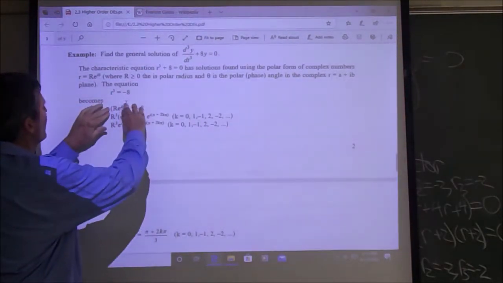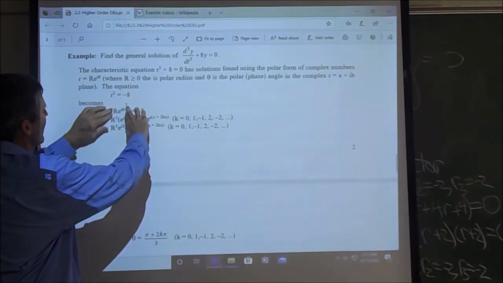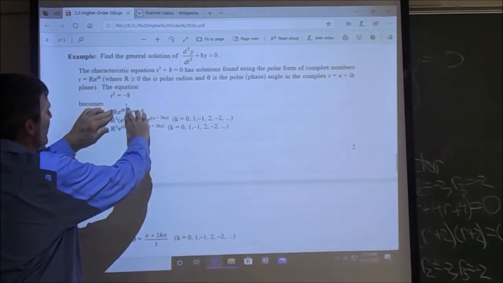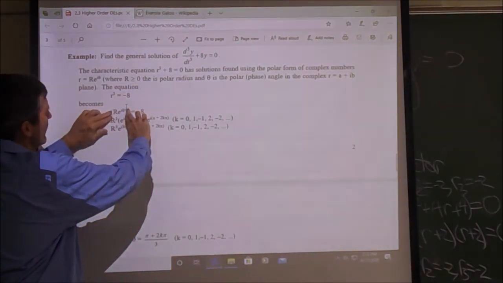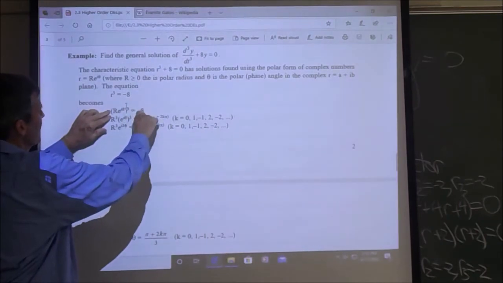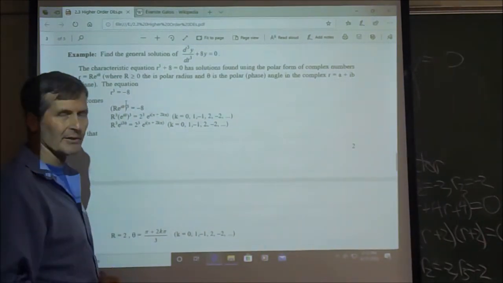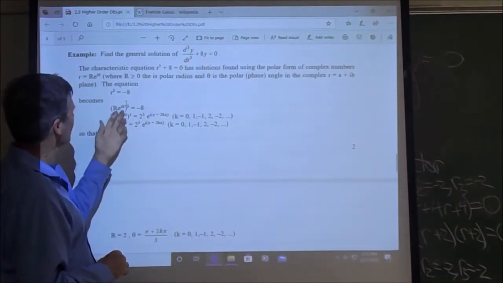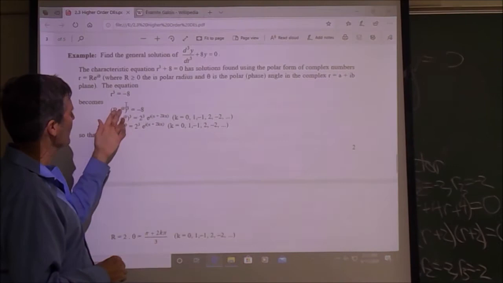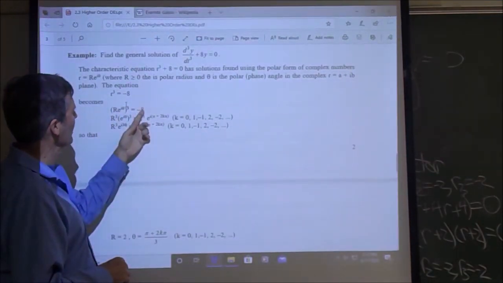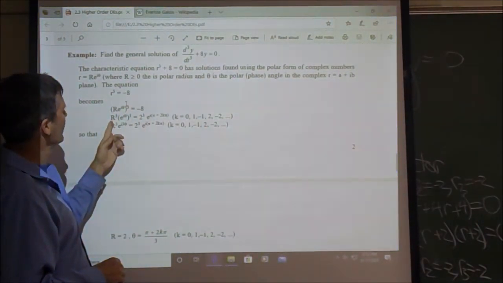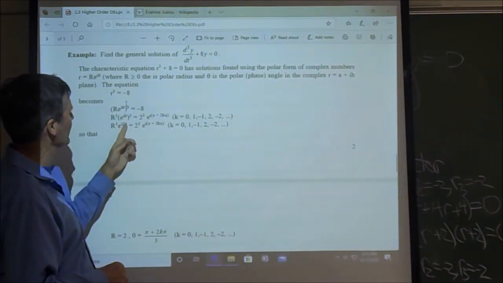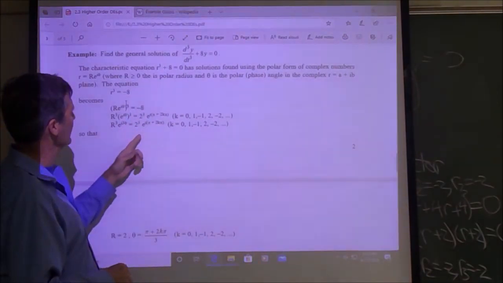If I use that for my little r here, so I write the number little r, which could be a complex number, in its polar form, r e to the i theta. And then r cubed, this cubed, equals negative 8. Remember, this is a long ago algebra thing, but if you have a complex number in its polar form to a power equals a number, you can rewrite this as r cubed e to the i theta cubed, or r cubed e to the i 3 theta equals negative 8,